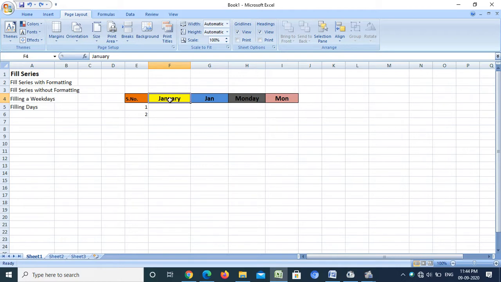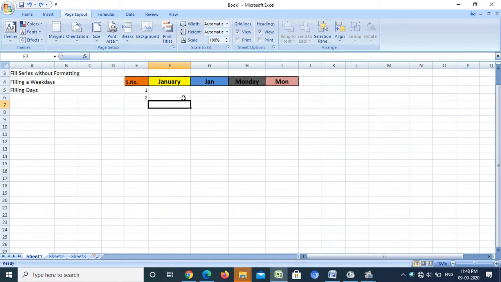So for that, first of all, I have written here January and I have applied some format in this cell, that is bold and background color. Now see, I want to fill the months of the year in this column. First of all, I have to select it.